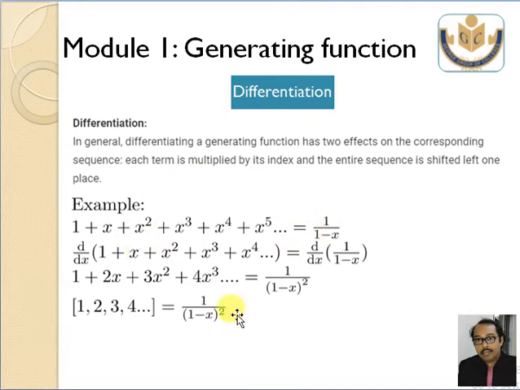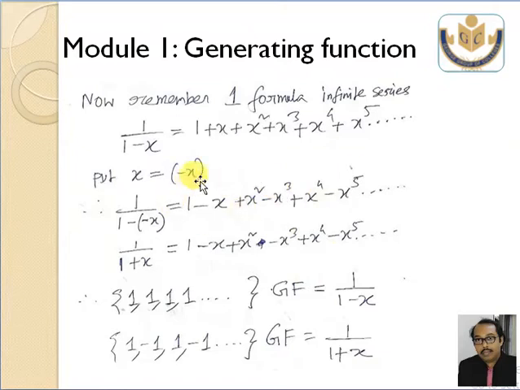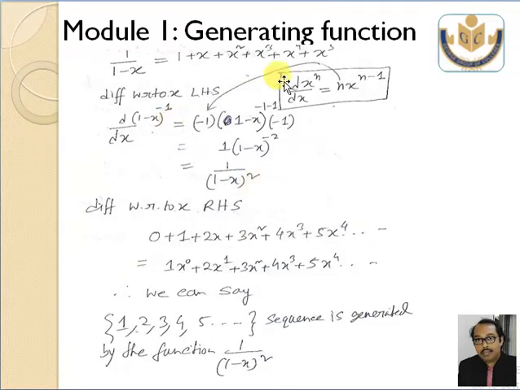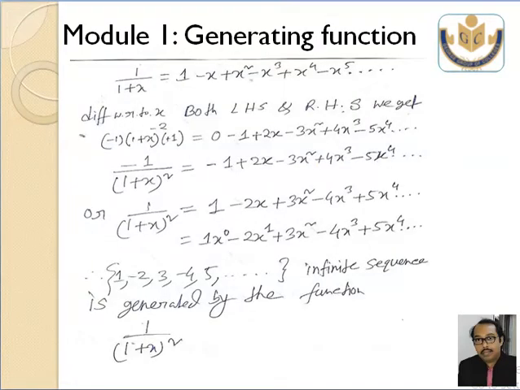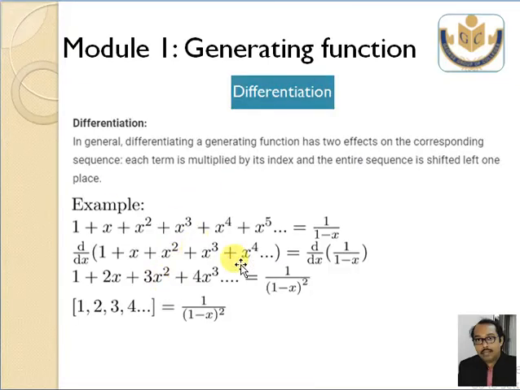Next one is differentiation. Obviously I told you about differentiation in my first section. I explained differentiation here, correct? I explained differentiation here, and I also explained differentiation here. So this is all about differentiation. I already explained this to you.